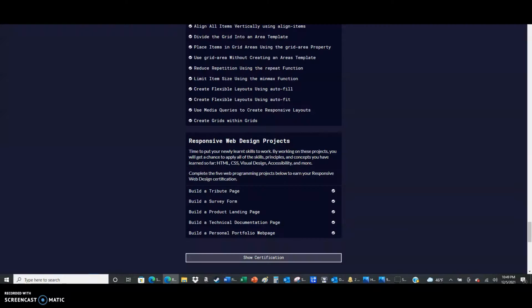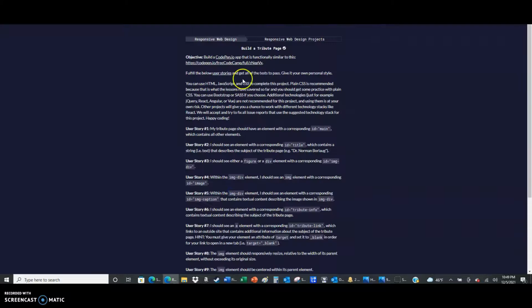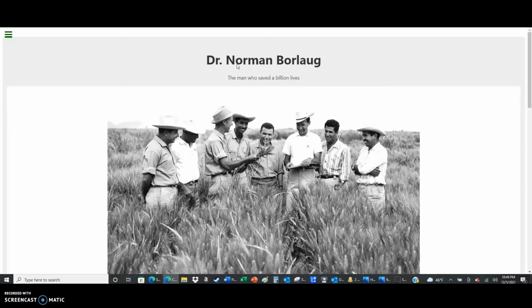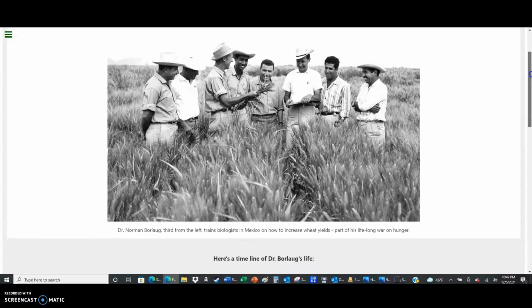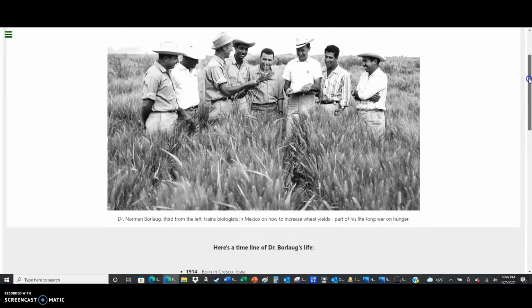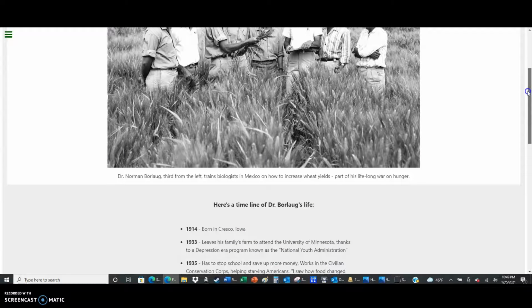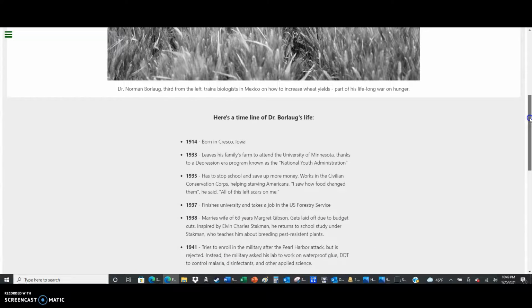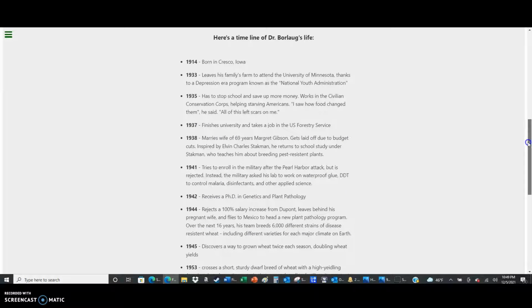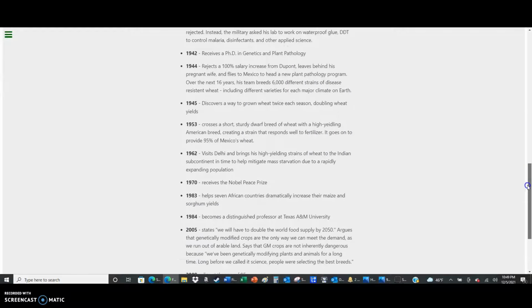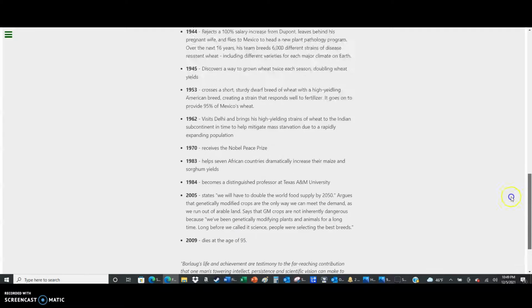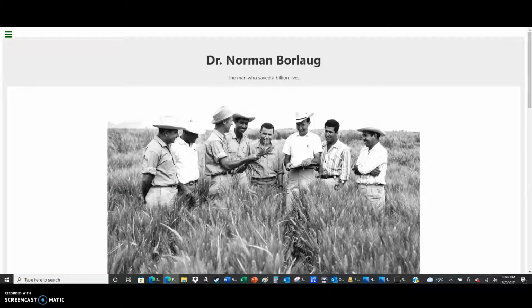For the tribute page, you can see an example. For example here, they always showed an example, so they wanted one similar to this. They chose Dr. Norman, and what he did was he was part of the Green Revolution, and he made food crops that were far more efficient, such as wheat that had 2 yields per year. So, inspired by this, and to make a web page like this, I chose